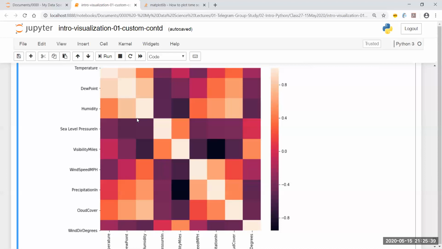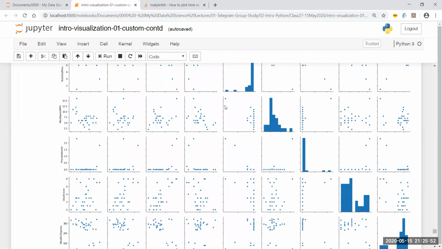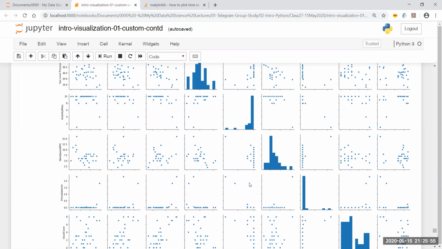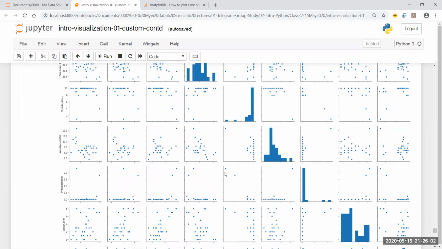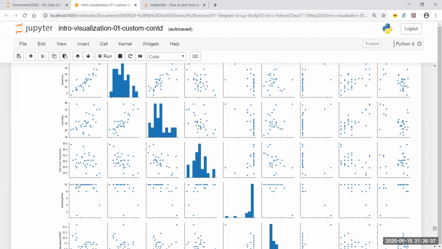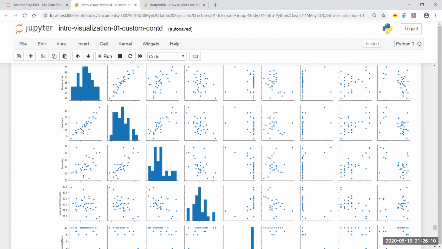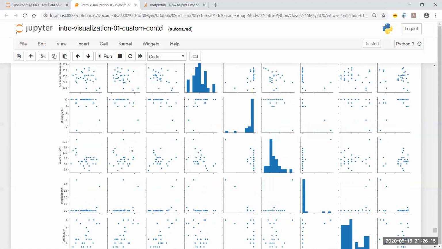It is good at looking at the histograms. It is good at looking at the linear relationships. I can clearly look at the linear relationships and linear discrimination. Example given, I'll quickly go back and show you again that here in this case, I have a very good linear discrimination. Okay, this is precipitation in and this is visibility miles. Very good, clear, linear discrimination. And here I have a very good linear relationship between dew point and the temperature column. So this kind of relationship, and also the fact that as a combined unit I'm getting all the histograms, that's good.